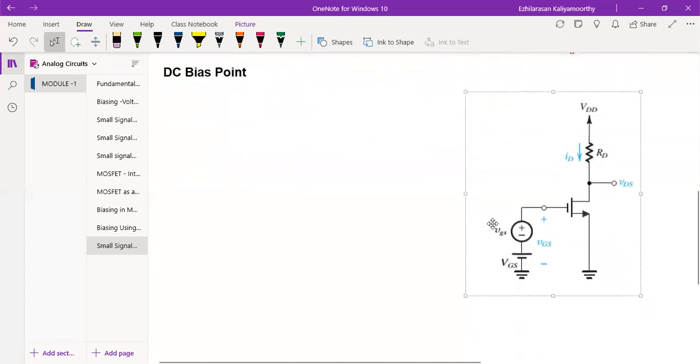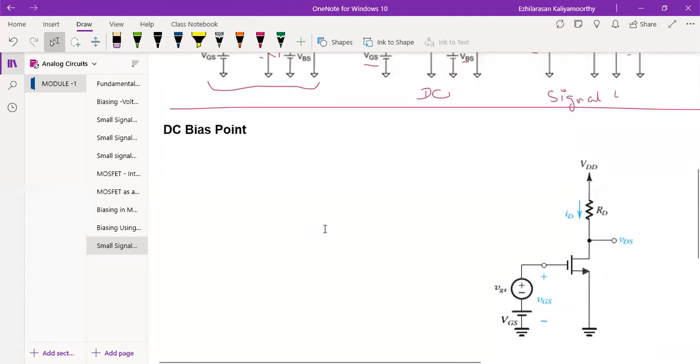What we did is simple. You remember fixing VGS, the first bias which you studied, fixing VGS. Now in the VGS, we just added the DC bias and added the small signal source. So the first thing we need to do is to find the ID, that is the drain current, by setting VGS to 0.